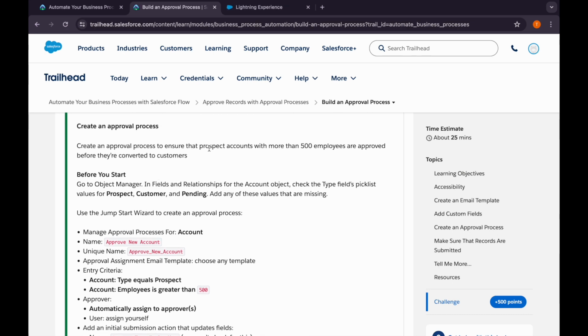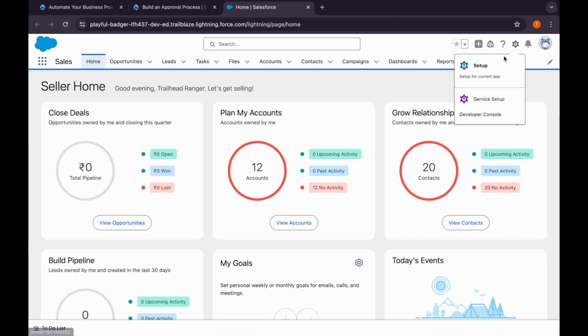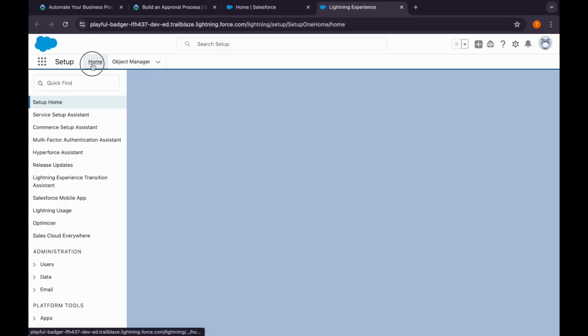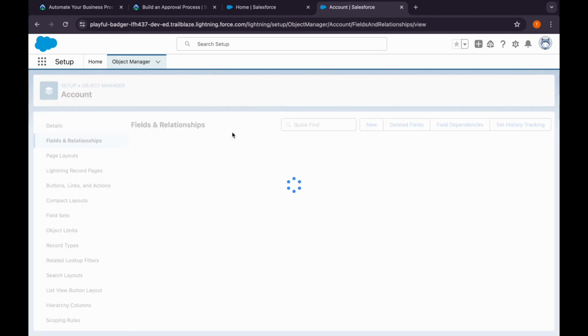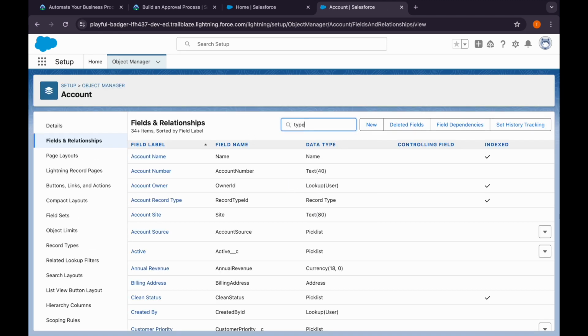Create an approval process to ensure that prospect accounts with more than 500 employees are approved before they are converted to customers. Okay, so we need to go to object manager first, and then in fields check the type field's pick list values for prospect, customer and pending. So we will go to setup, then select object manager, then account, fields and relationships, select type,